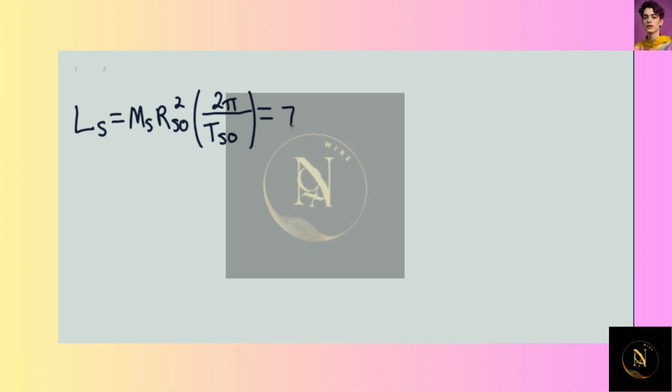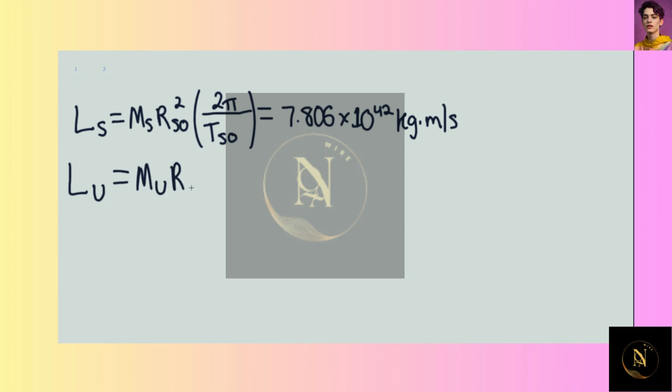And this would be equaling 7.806 times 10 to the 42nd kilograms meters per second. Similarly, the angular momentum of Uranus equals the mass of Uranus times the distance between the center of Uranus and the sun squared, multiplied by 2 pi over the period of Uranus's orbit. And this is equaling 1.695 times 10 to the 42nd